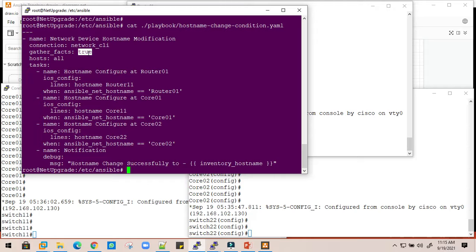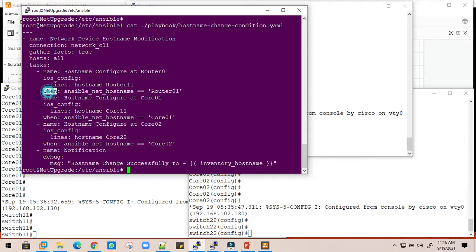To gather the facts means it needs to log into all the devices available in the inventory file and collect the information first. Once collected, it will get the device hostname configured over there, and that is stored in this global variable called ansible_net_hostname.